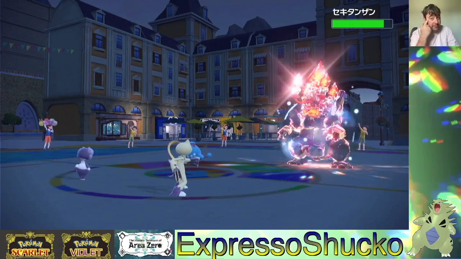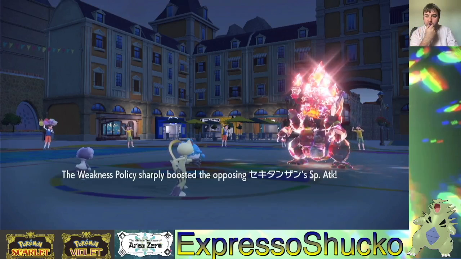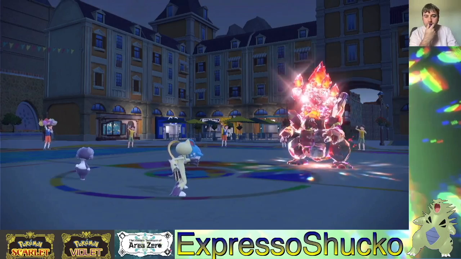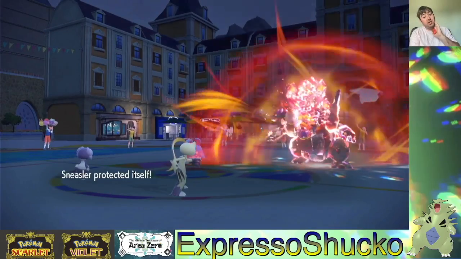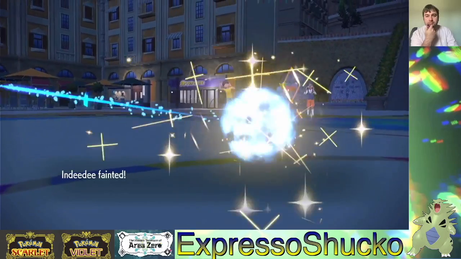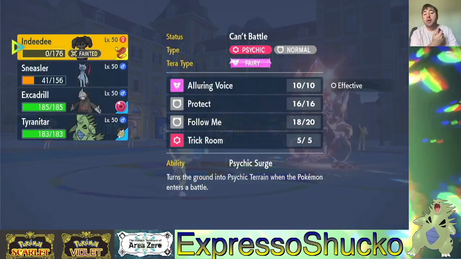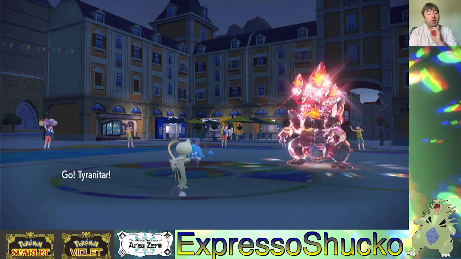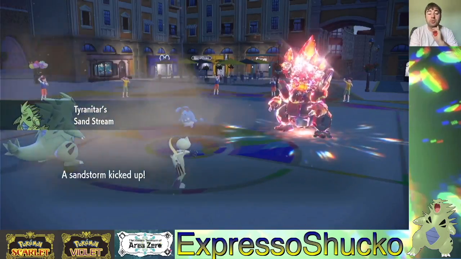Weakness Policy Heat Wave is going to hurt, but if indeed he can roll over in his sleep and just dodge, that'd be wonderful. Yeah. Alright. Sneasler is going to protect, and indeed he's going to eat this Heat Wave. Indeed he goes down here, unfortunately. But Tyranitar can come in and Rock Slide. We're resistant to the Heat Wave, too, so...